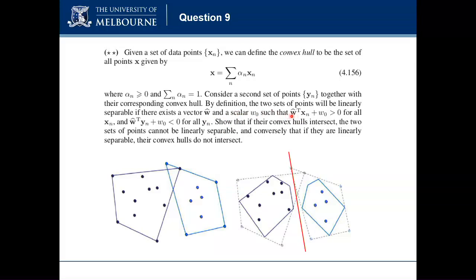And how do we define linearly separable? This is very important, at the core of classification. We have two sets of points. They are linearly separable if there exists a vector and a scalar such that we can define this hyperplane. And then